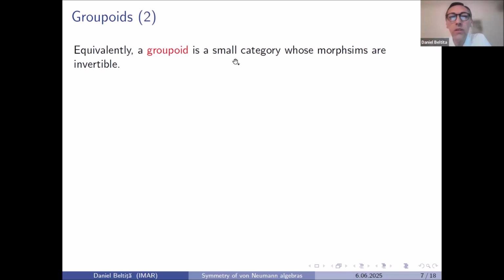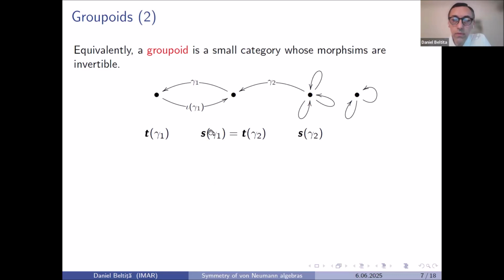And the shortest definition and the most implicit is that a groupoid is a small category whose morphisms are invertible. Small category means that the collection of objects of the category form a set. That is why we say it is small. So for instance, all the sets with the morphisms given by bijections, this is not a groupoid in this sense. We can draw the picture like this. So the arrows are, as I said, from right to left, and we can compose them if they match, if the source and target match. We could have arrows that go from one point to the same point.